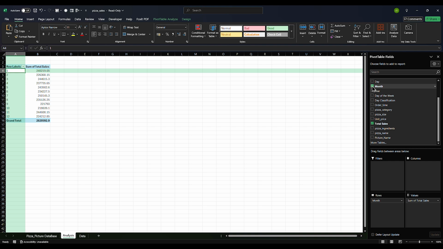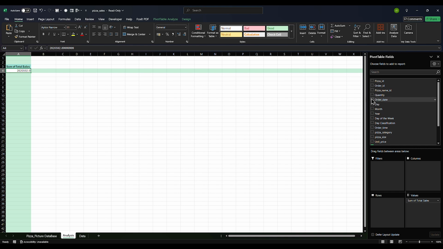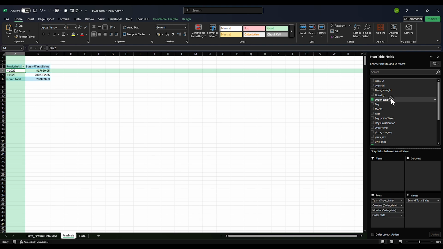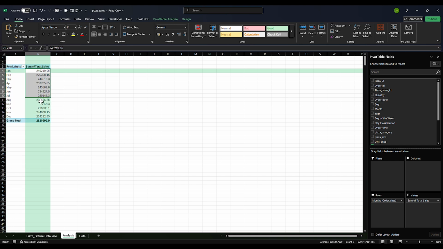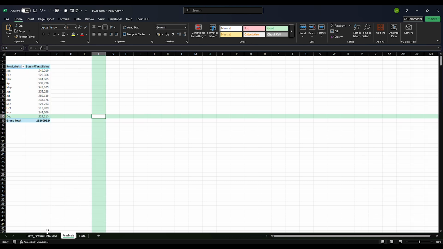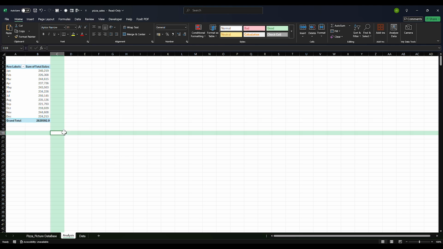Okay, because we have month, I don't want it to be month 1 to month 12. Instead, I'm going to use our date, pizza date, order date. Then this will automatically calculate month, year, and all the stuff for me. So I'm just going to simply deselect quarters, then deselect this as well. Just leave it to be total sales for the month. Then I'm going to remove this other date and leave it this way. So this is okay. Again,